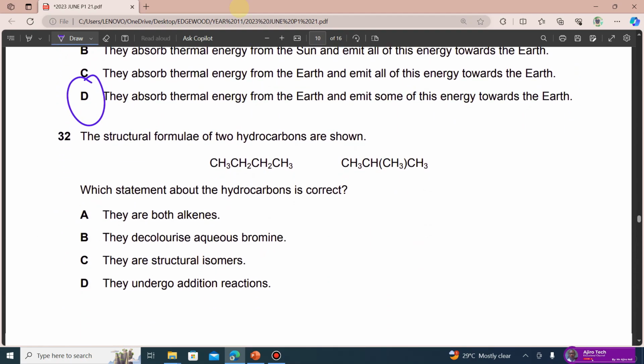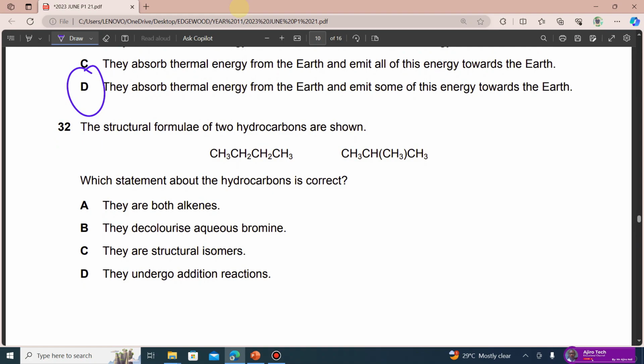Okay, question 32. The structural formulae of two hydrocarbons are shown. Which statement about the hydrocarbons is correct? Okay, they are both alkenes. They decolorize aqueous bromine. They are structural isomers. They undergo addition reaction. Now, if we look at it, remember that the alkanes have the general formula CnH2n+2, and the alkenes CnH2n. Okay, so how many carbon atoms are here? 1, 2, 3, 4. So we have C4,